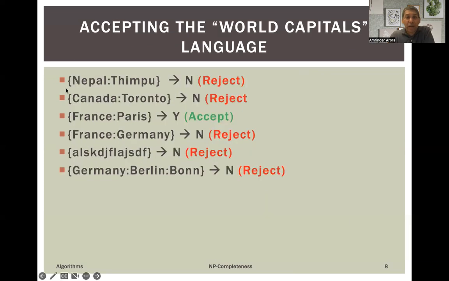Just like here, this string is formatted such that we have these curly braces, then we have the country name, then a colon, and then the city name. So this is a little formatting of the string. Once we are given the string, we can parse it, check it against our database, and then accept or reject it. That's how we would accept or reject these particular strings against our target database of